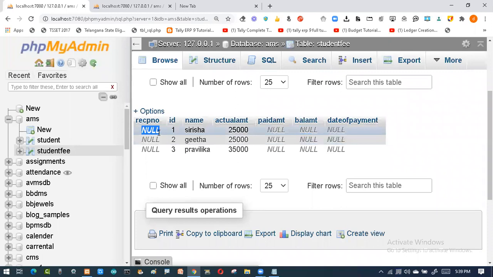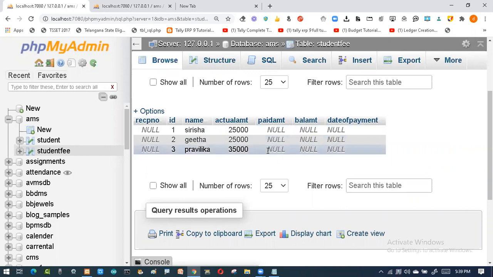Whatever we learned yesterday about the update command is what we will use here. I want to enter this receipt number and the paid amount for this person, so this is an individual. Or suppose you don't have a receipt number, and you want to go directly with the payment, how much he paid, and calculate the balance amount. I can do it. Now I want to go with the name, receipt number, and the amount he paid.